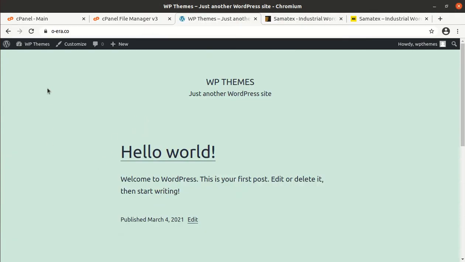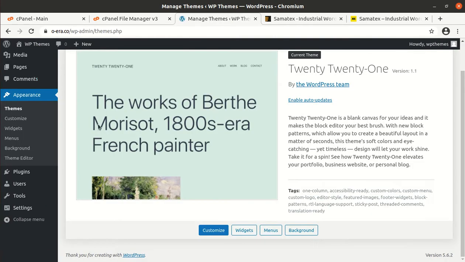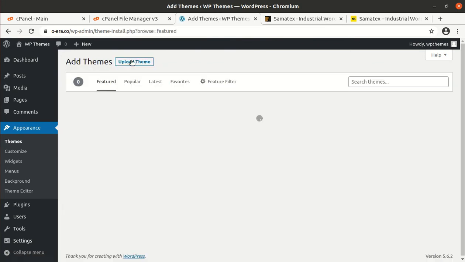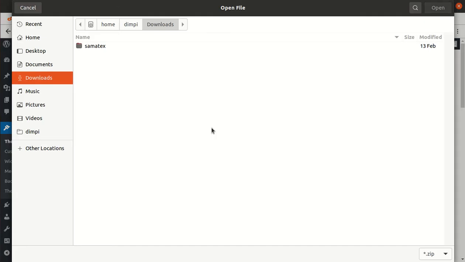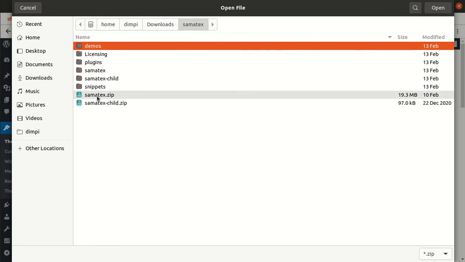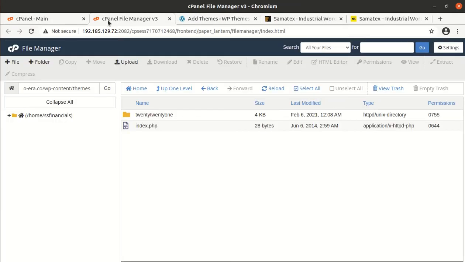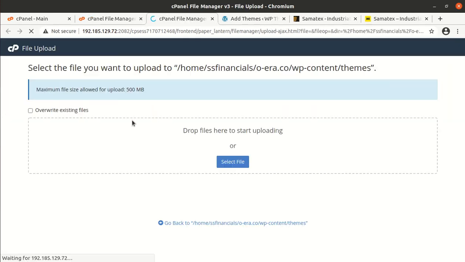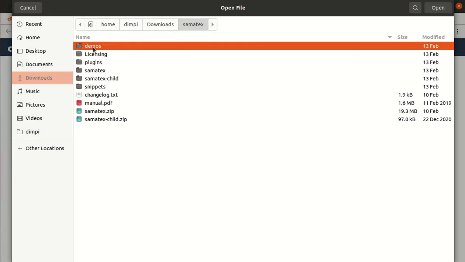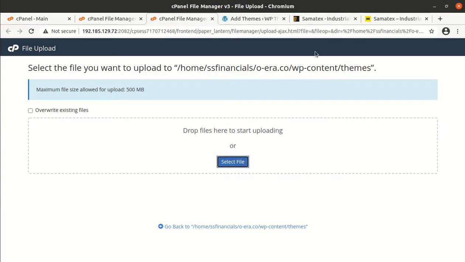To install the SmartX theme, we have to go in the theme section of WordPress, click on add new, upload theme, choose file, and here you need to choose smartx.zip. If you have direct access on your server, you can upload the same file directly in the wp-content themes folder. I am doing the same, it will save some time, and the theme file size is 18.45 MB. It is a moderate size for a WordPress theme, and this theme can be considered a lightweight theme.